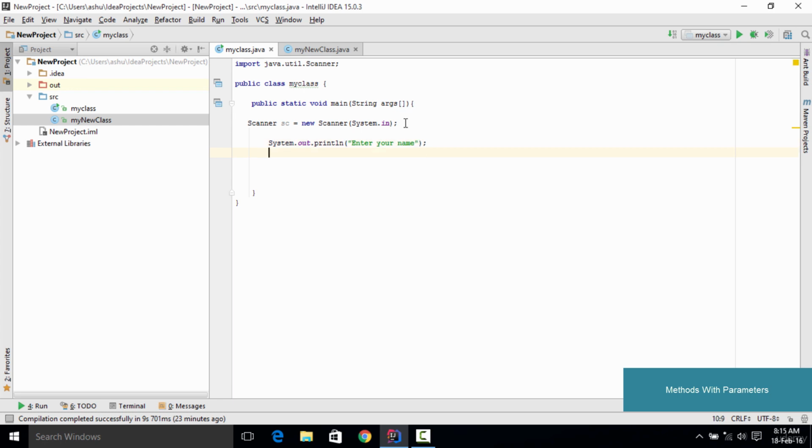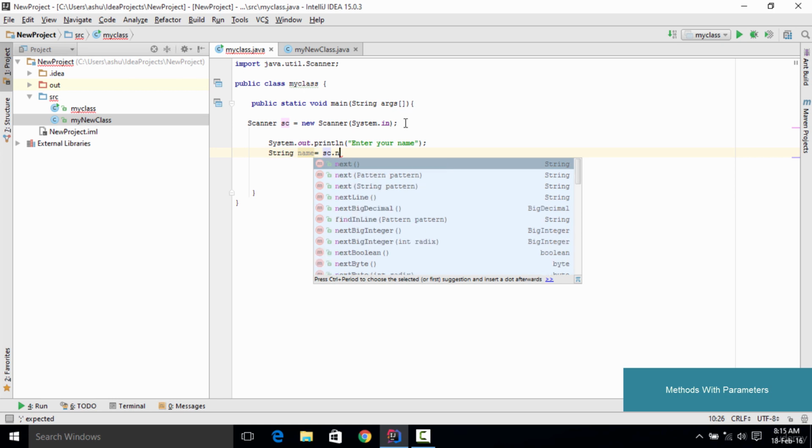Now we need to store this name into some variable. In order to store an integer we used a variable of type int, but as a name is a string, we use a variable of the type String. So we type String, then the name of the variable, let's say name, then we type equals sc.next.